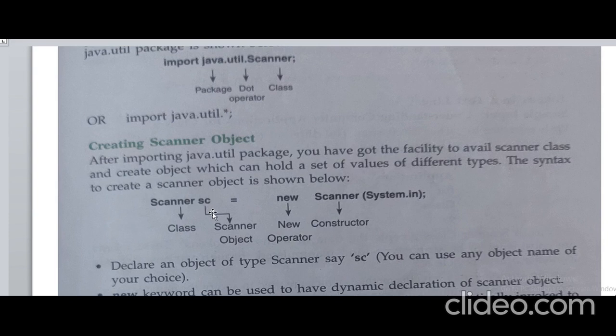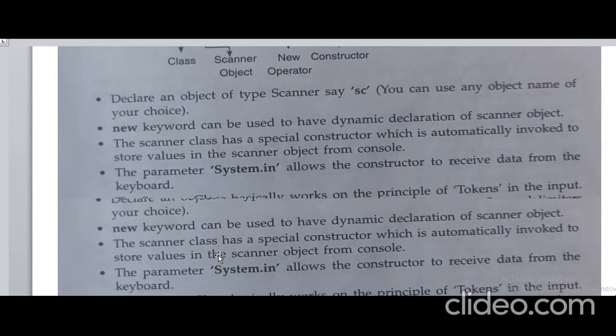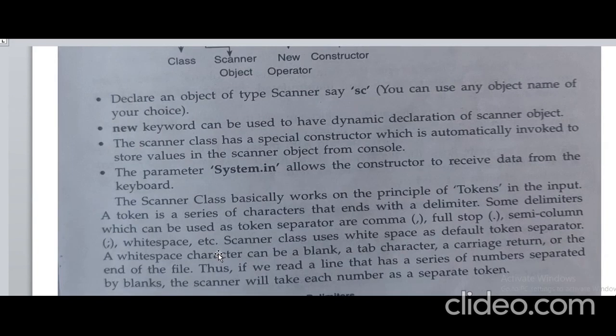Now, as we have discussed, a token is an individual component of a Java unit, or a series of characters that ends with a delimiter. A delimiter can be a token separator, comma, full stop, semicolon, white space, etc. The Scanner class uses white space as the default token separator.